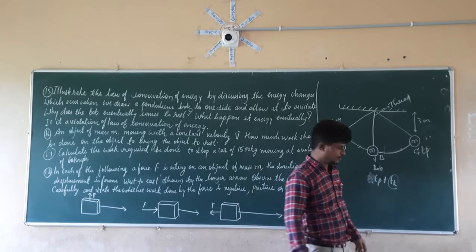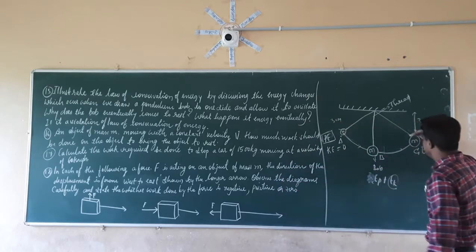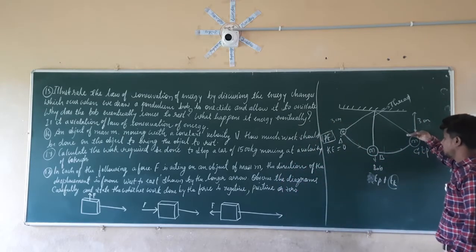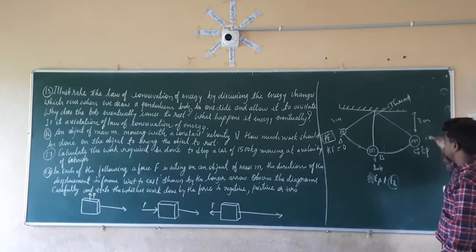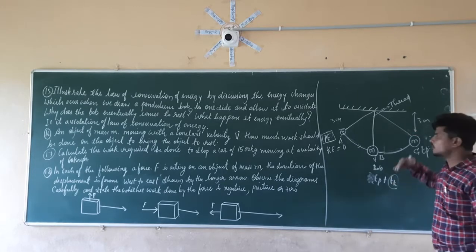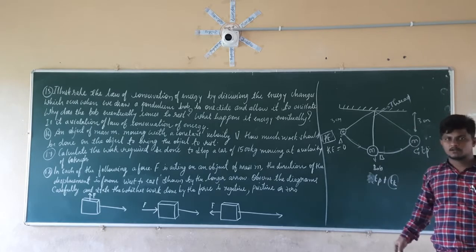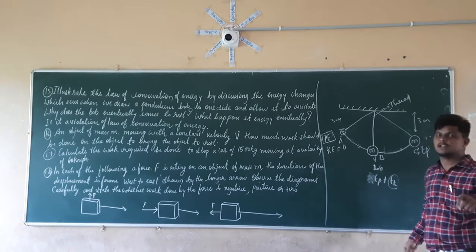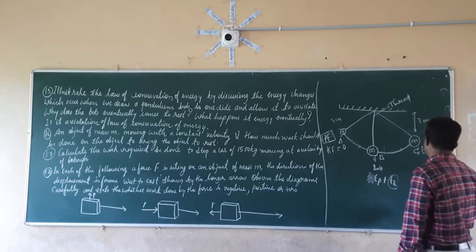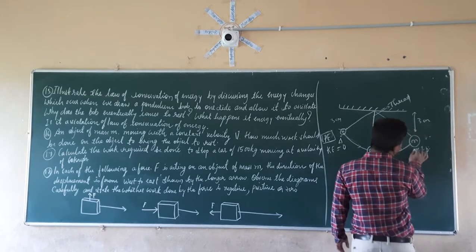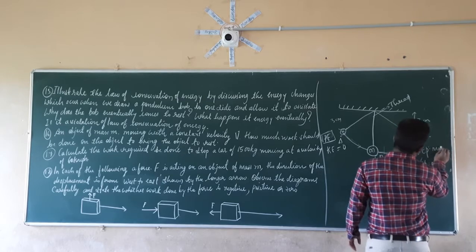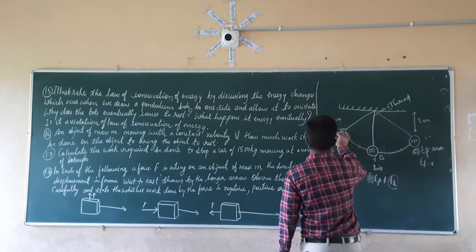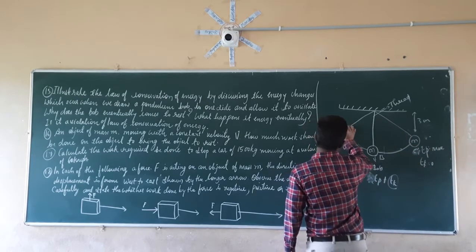After reaching the extreme point, the bob is going to stop here for some time. When it is stopped, what will the velocity of that object be? It will be equal to 0. Therefore, the kinetic energy of that object here will be equal to 0. So here EK is equal to 0 and EP is maximum. Here also EP is maximum.